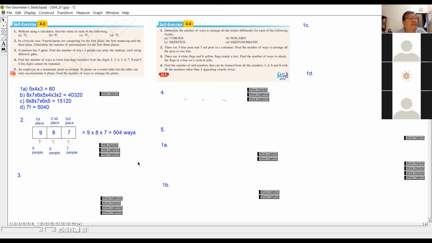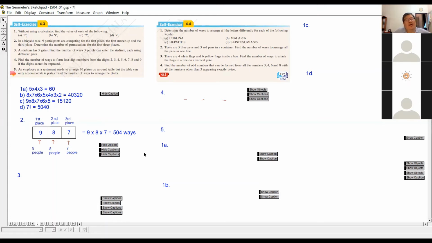Teacher, not number 3. Oh, number 3, sorry. A stadium has 5 gates. Find the number of ways three people can enter the stadium, each using different gates. Each using different gates. So